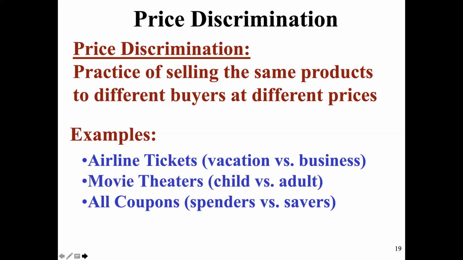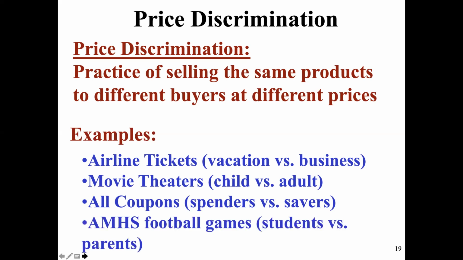Issuing coupons. Someone in your family may be couponers. Those are examples of price discriminating to shoppers at, say, grocery stores, to try to figure out who are the kind of savers who want to spend the time to cut coupons versus who doesn't want to spend the time to do that and are ready to spend. Even a football game at some level has some price discrimination because students get a cheaper ticket than your parents do if they come to the game.